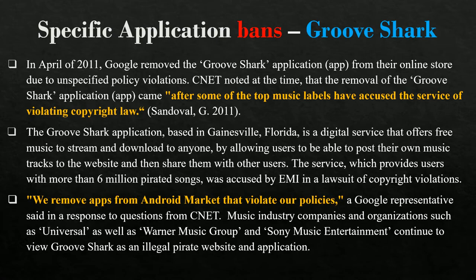Yeah, so essentially Grooveshark was a digital service that offered something like Spotify, where you could stream music and download it. Well, not legitimately. It was kind of like LimeWire back in the day, except for Android. It was removed because it violated their security policies.